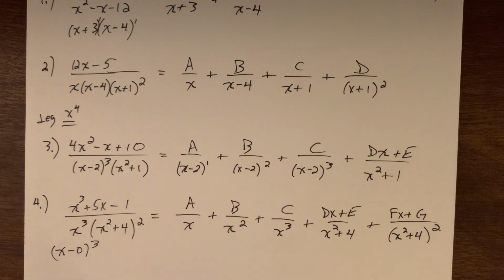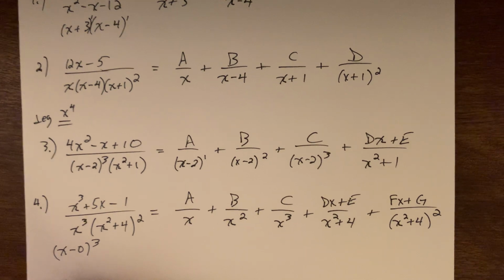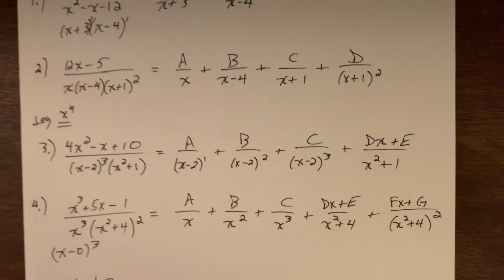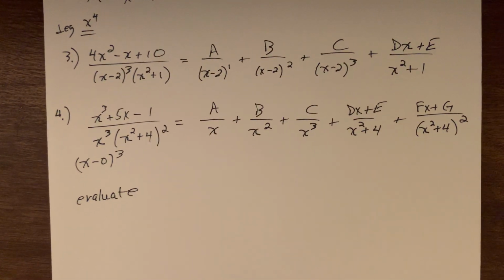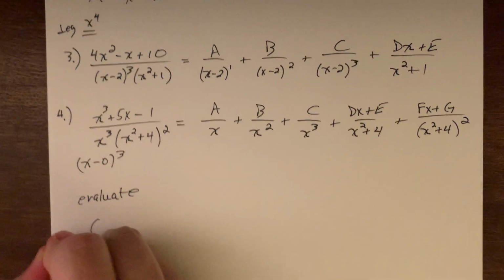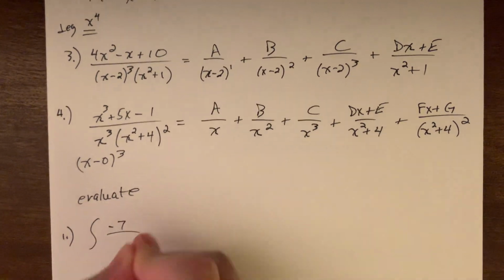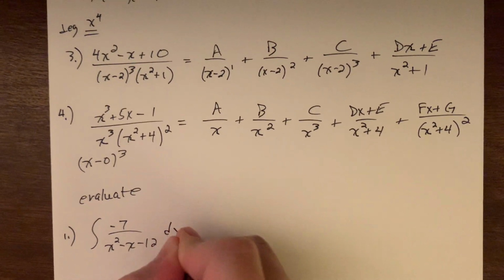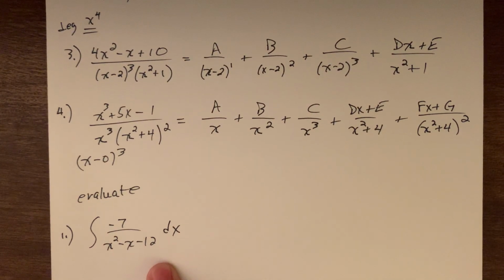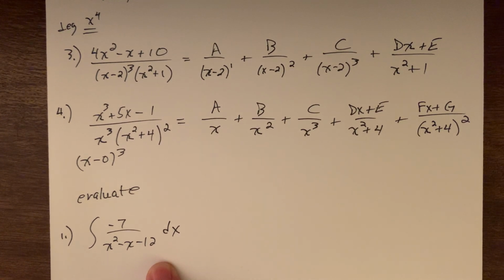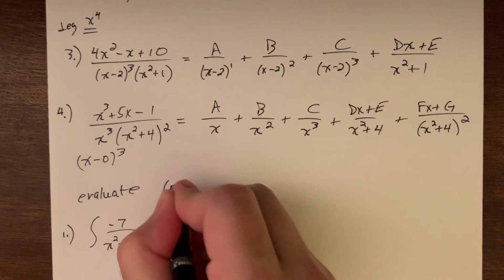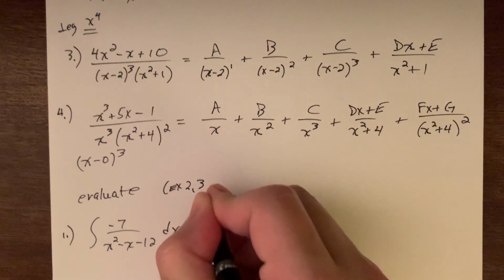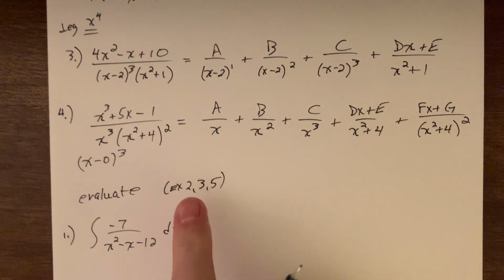Okay, so now let's actually get into solving, evaluating the integral. And we're still going to start off back with that first one. Minus 7 over x squared minus x minus 12. Overall, just want to point out, in your book, I believe it's examples 2, 3, and 5 are all really